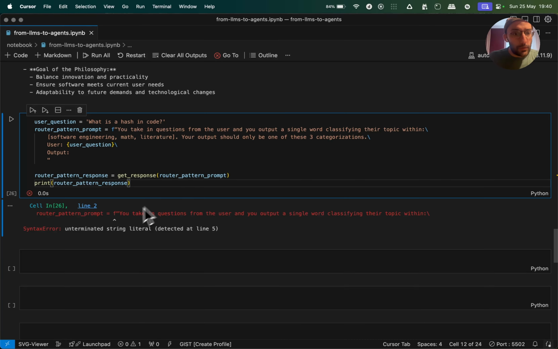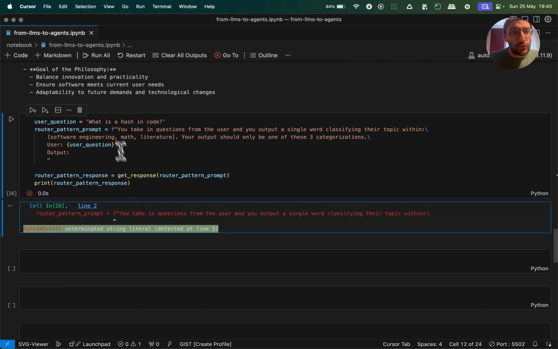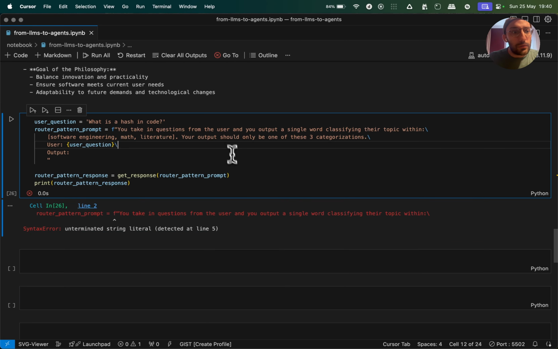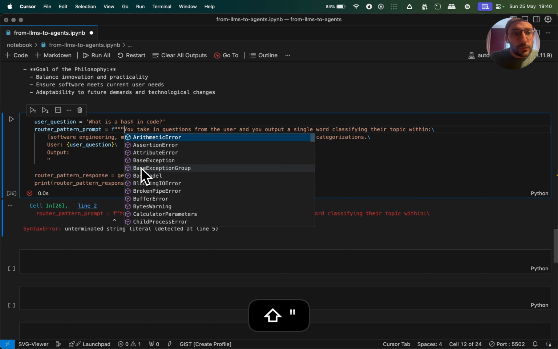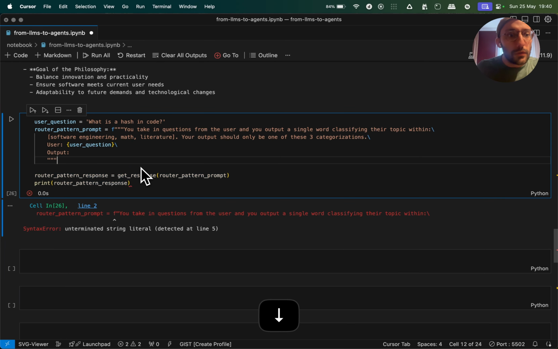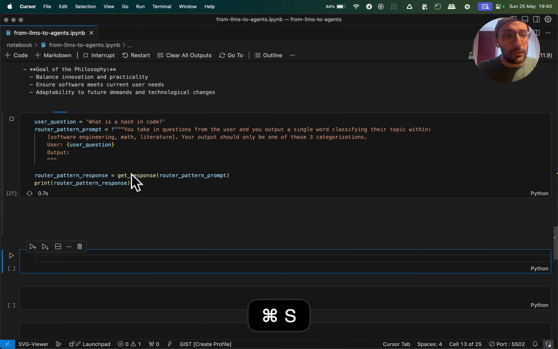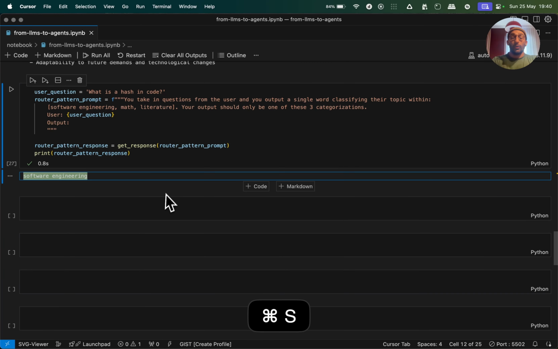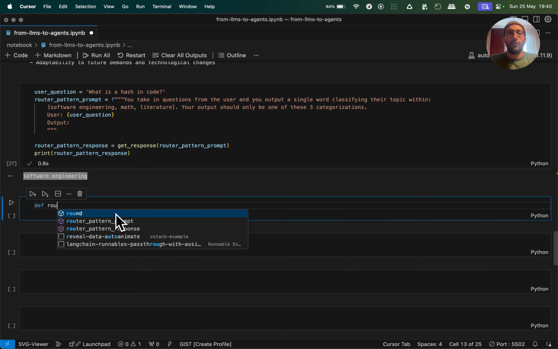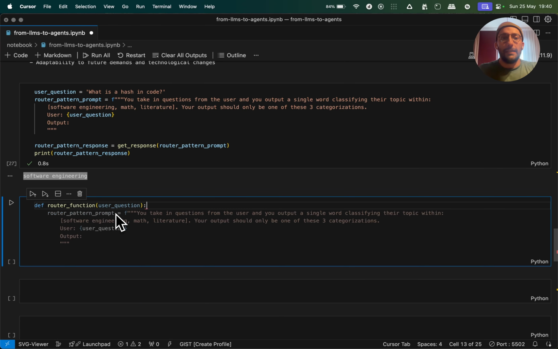And now we got an error because of the f-string literal, so let's just do it like this. You don't need this, don't need this, don't need that. I don't know why I insist on doing it like that. There you go.